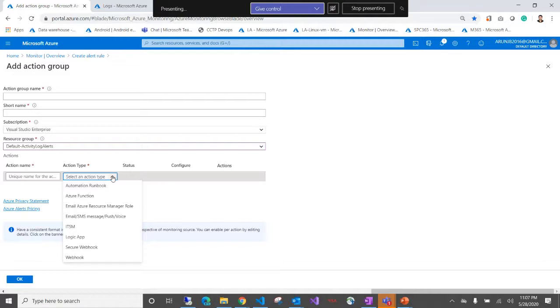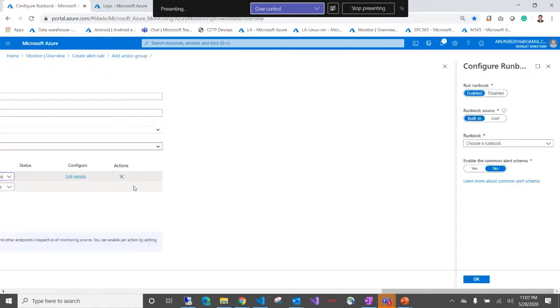Azure by default has given a lot of new options for you to deal with, like an automation runbook, or an Azure function, or the basic SMS and email. All these scenarios are available depending on your use cases and requirements. You could select whatever you want. Suppose you have a VM which triggers an alert when your VM is getting switched off, then you can just select an Azure runbook.